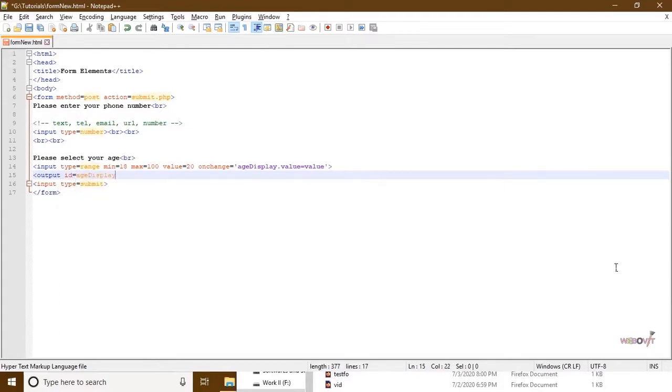So ageDisplay is the name of the ID. Okay, and here I give the value. This value is whatever value is selected by the user, and ageDisplay is the name. And we will close the output. Input doesn't need to be closed, but output needs to be closed.